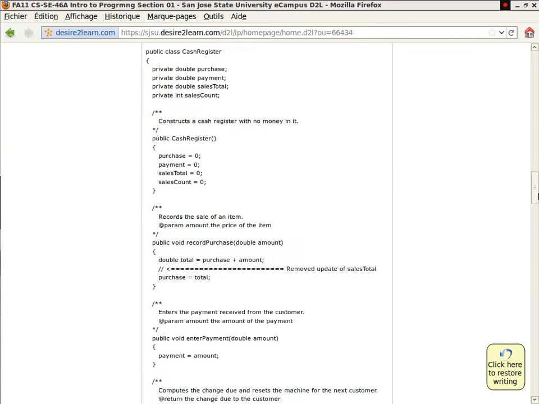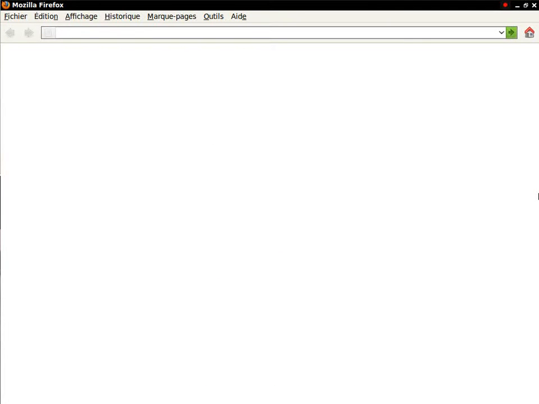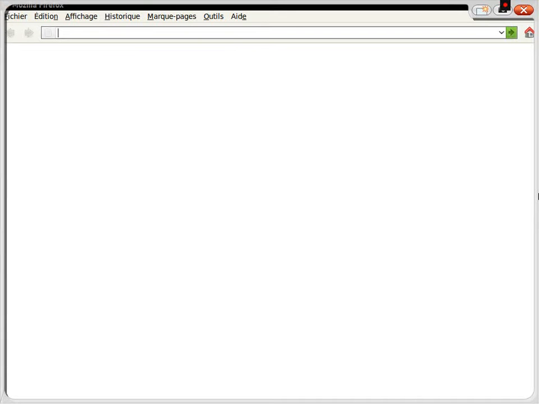Let me get a blank sheet of paper here. Here's my blank sheet of paper. So to make a walkthrough, what you do is,